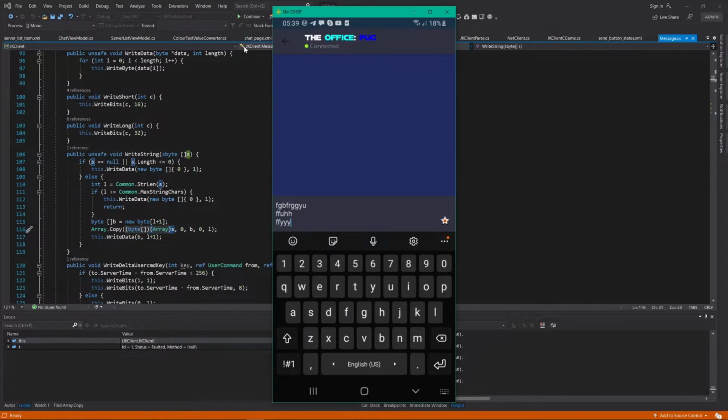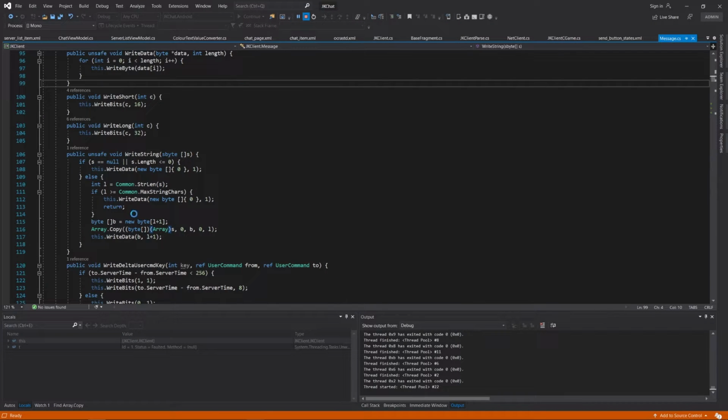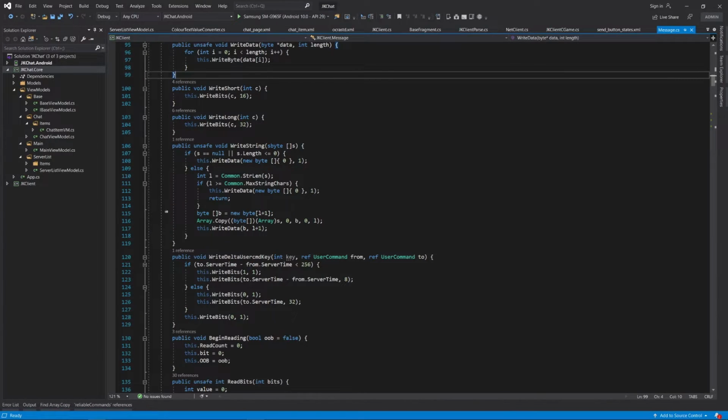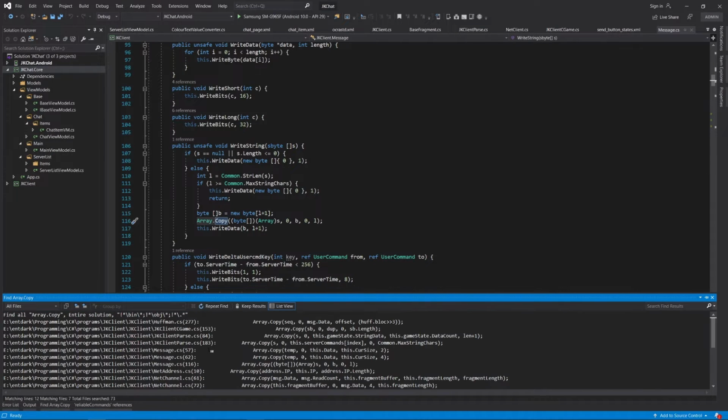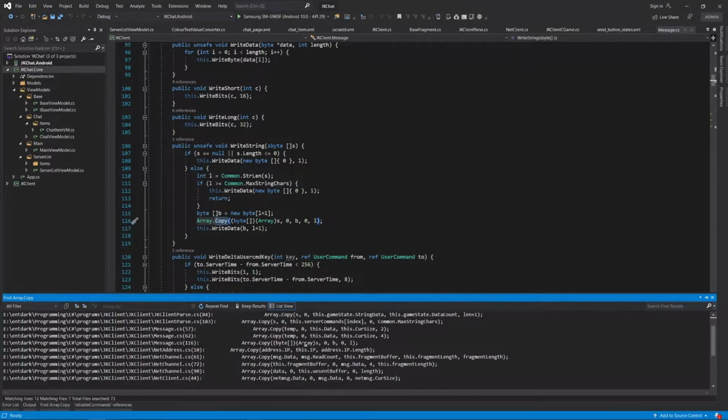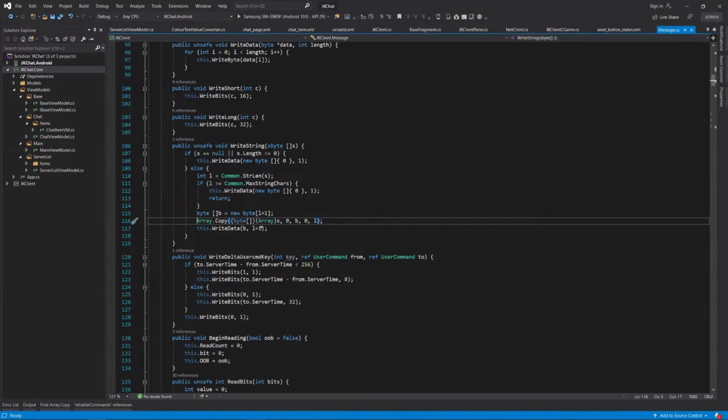And if I continue execution, okay, the game client crashed, but the app didn't. Array copy. Find all. Array copy this. Oh, and the rest are fine. Only this is left. Okay. And this is as byte. Okay. So we'll